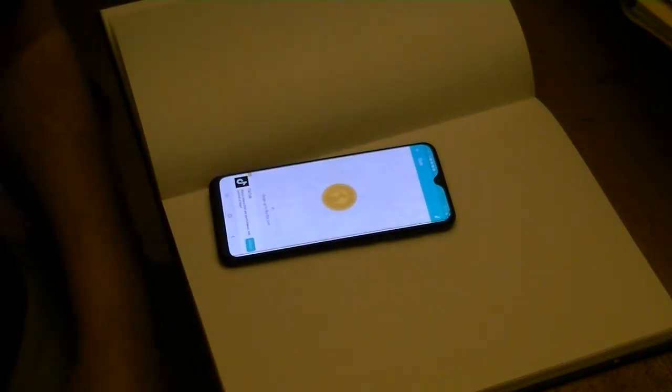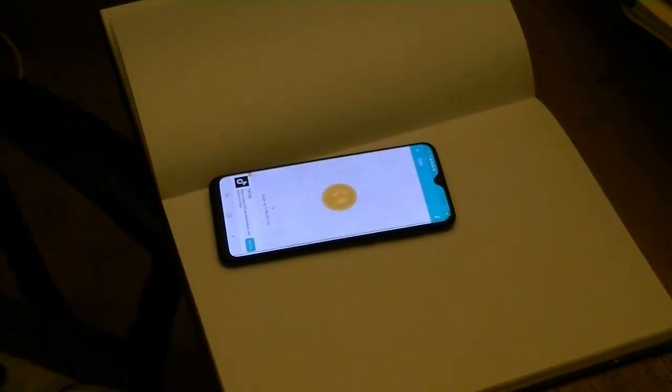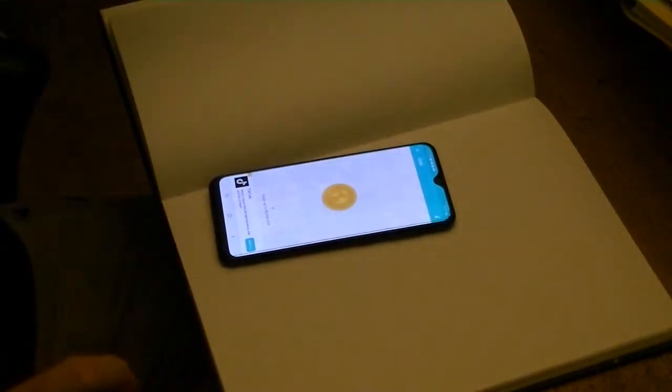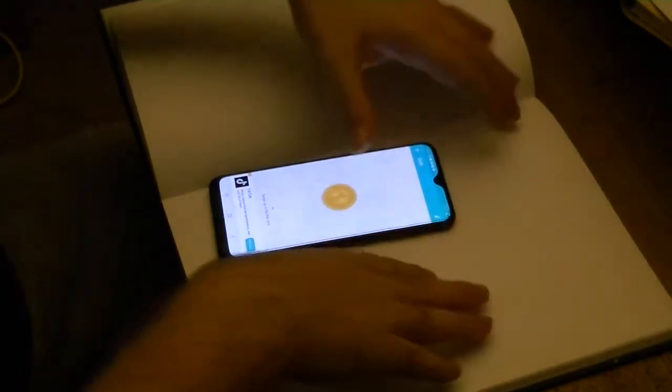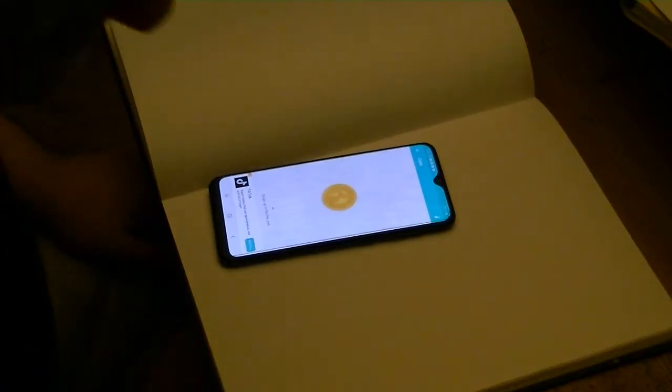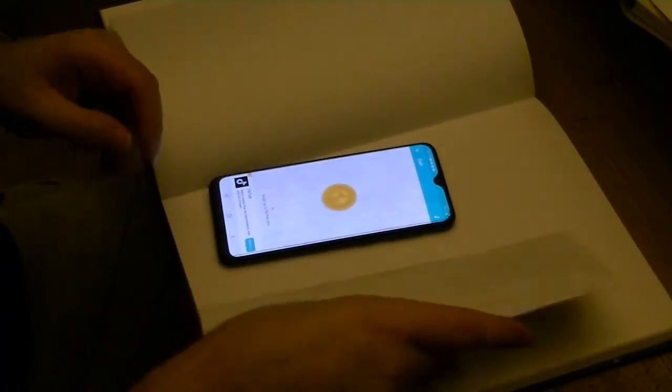Let's start off. I just need to know where I'm going to write it. If I'm going to create the character, let's write it on a random sheet of paper.